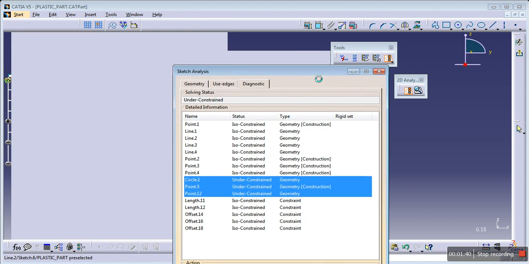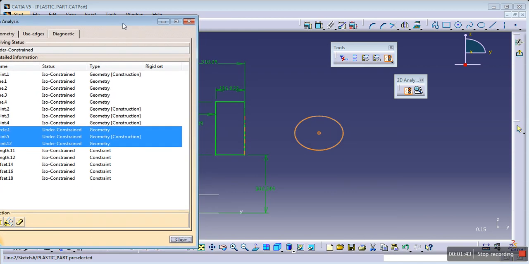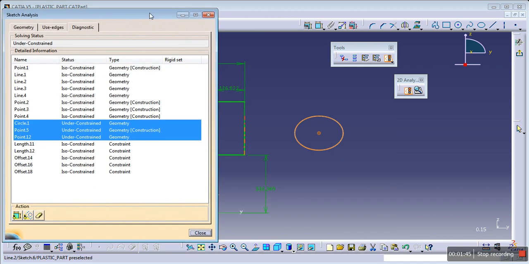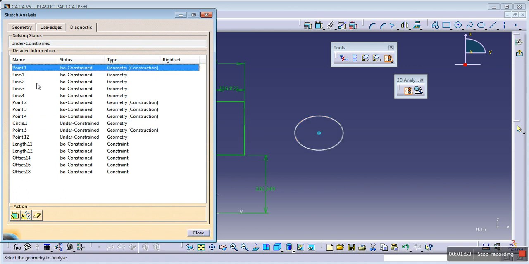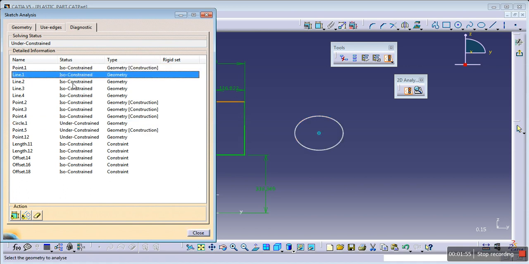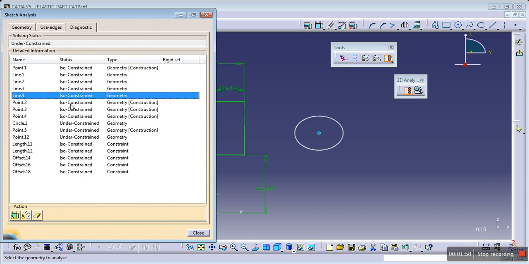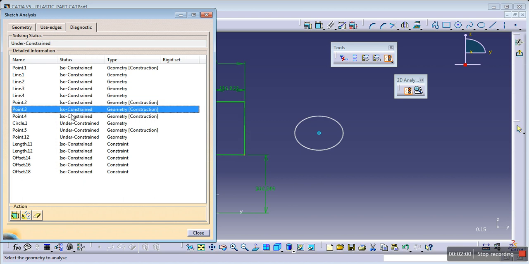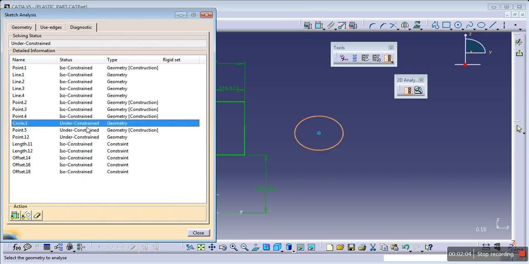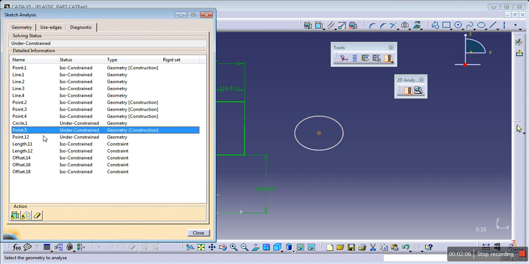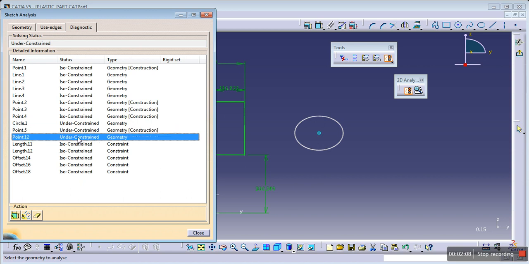Here you will get the entire patterns, and you can see this point which is iso constrained. The patterns which are iso constrained are completely constrained, and here you can see the circle is under constrained, and the point is not constrained.